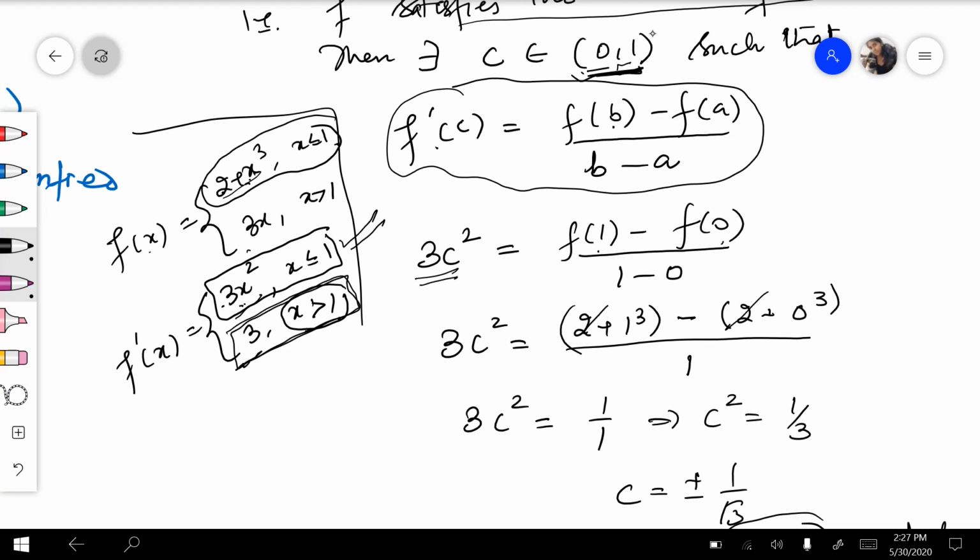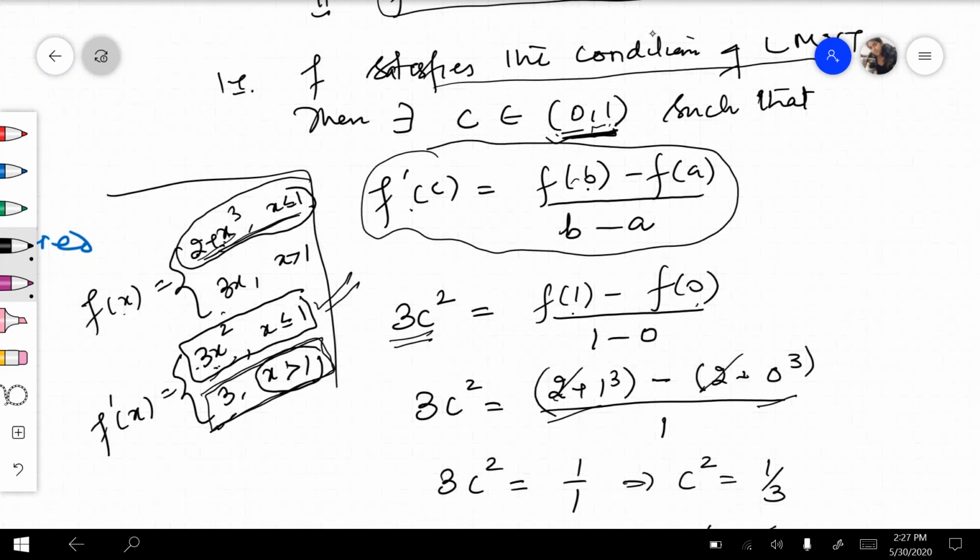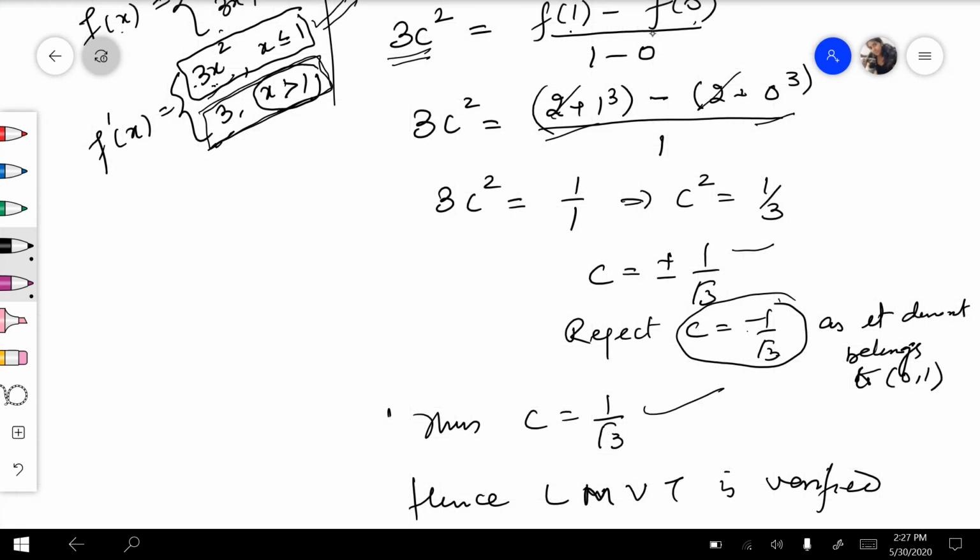तो मेरे पास आ गया 3c स्क्वायर। f b, b यहाँ पर है 1 के इक्वल, तो 1 पे ये कंडीशन अप्लाई हो रही, तो हमने वैल्यू पुट किया, 0 पुट किया, उससे मेरे पास c की वैल्यू आ गई प्लस माइनस 1 बाय स्क्वायर रूट ऑफ 3। माइनस 1 बाय स्क्वायर रूट ऑफ 3 जो है वो 0 और 1 के बीच में नहीं बिलोंग कर रहा, तो इसलिए हम इस वैल्यू को रिजेक्ट कर रहे हैं। तो c मेरे पास आ गया 1 बाय स्क्वायर रूट ऑफ 3 which belongs to 0 1, hence LMVT is verified।